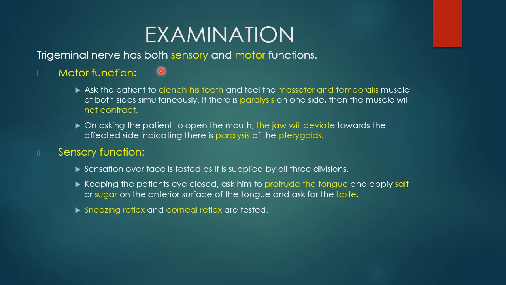Examination. Trigeminal nerve has both sensory and motor function. To assess the motor function, ask the patient to clench his teeth and feel the masseter and temporalis muscle of both sides simultaneously. If there is paralysis on one side, then the muscle will not contract. On asking the patient to open the mouth, the jaw will deviate towards the affected side, indicating there is paralysis of the pterygoids. To assess the sensory function, sensation over face is tested as it is supplied by all the